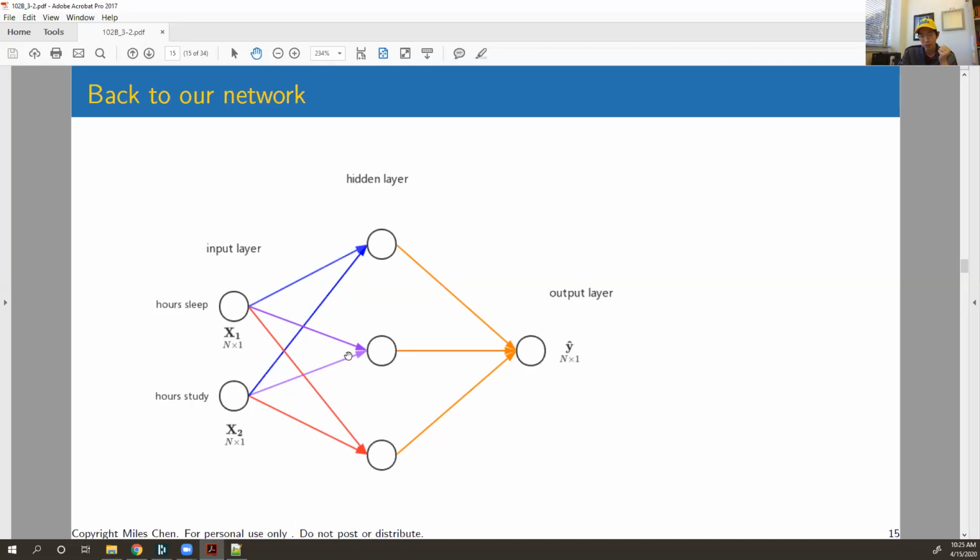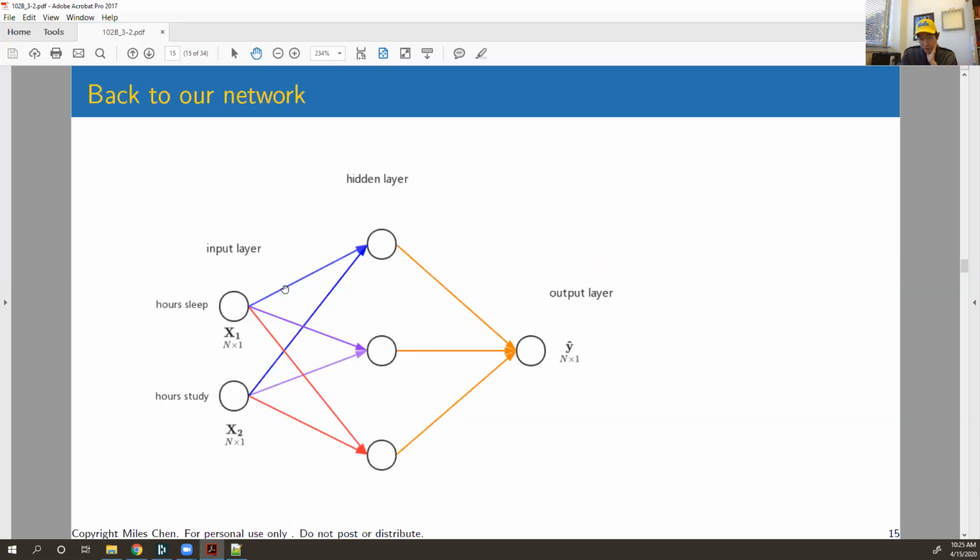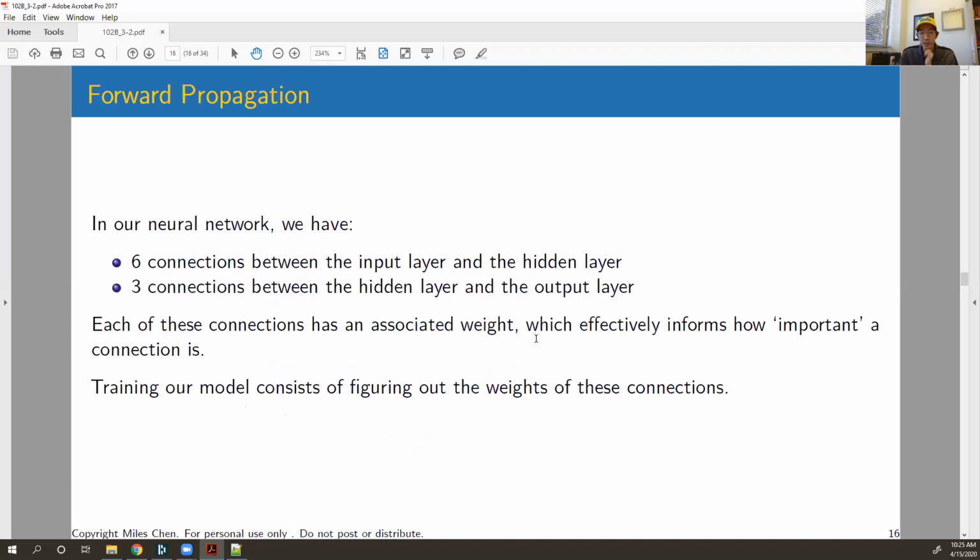Does X2 have a strong connection to this node and a weak connection to this node? Things like that. In our network, we've got 6 connections to play with between the input and the hidden layer, and then 3 connections between the hidden layer and the output layer. Each of those arrows is a connection, and we can alter the weight of those connections,